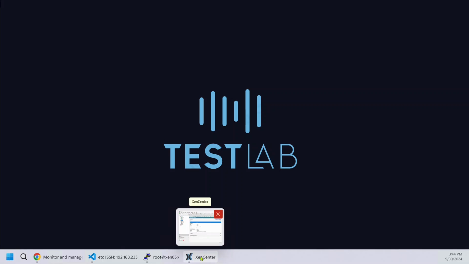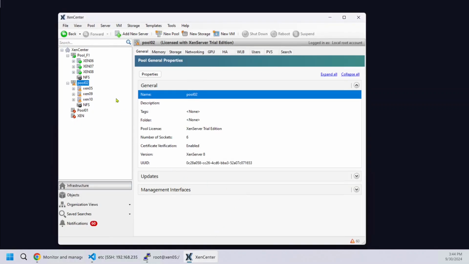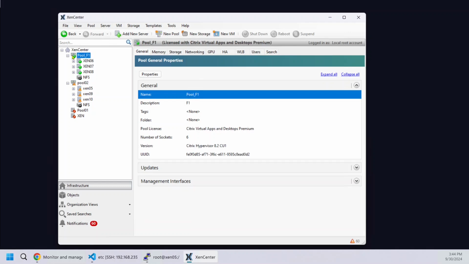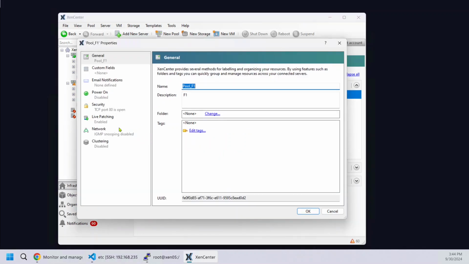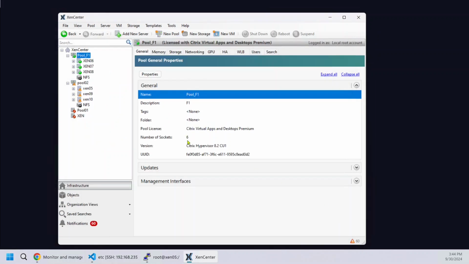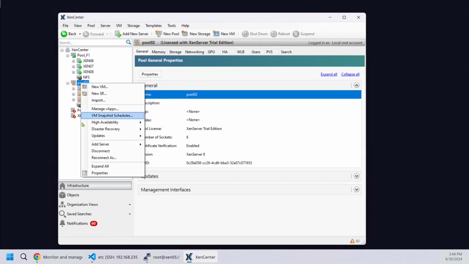And we can also monitor the old one, the 8.2 CU1, but not like this one, because when I was searching through the settings, honestly I did not know that they've changed something. So they've added two types of monitoring. So this is the normal CU1. If we go to the pool properties, then we only have those options here, so nothing really to monitor your environment. But when I went on the new Xen server,